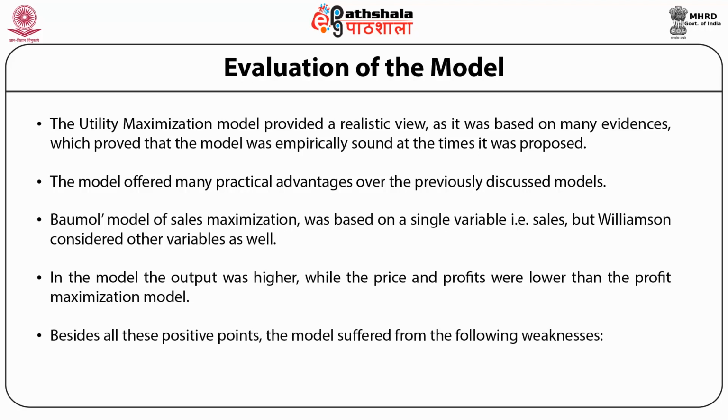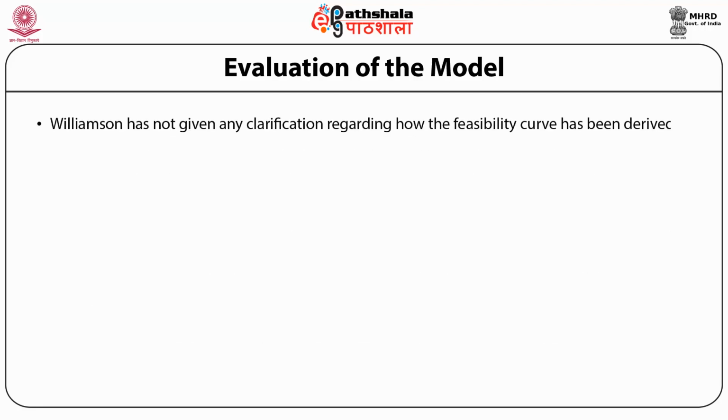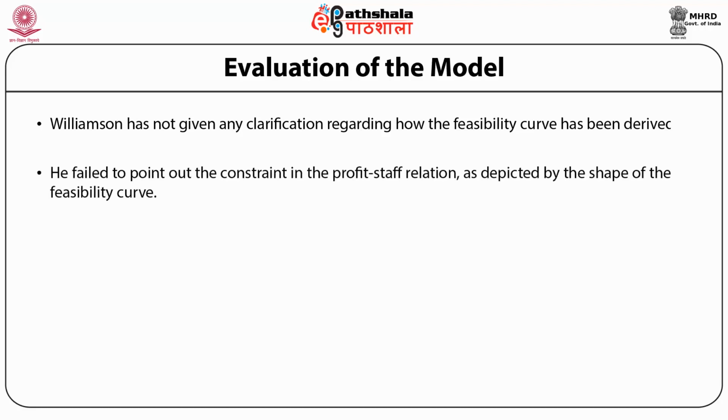Besides all these positive points, the model suffered from various weaknesses. Williamson has not given any clarification regarding how the feasibility curve has been derived. He failed to point out the constraint in the profit-staff relation as depicted by the shape of the feasibility curve. The model combined together staff and managers' emoluments